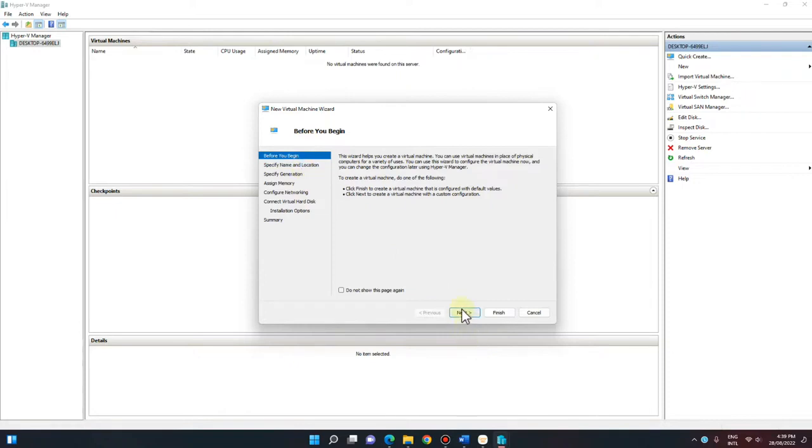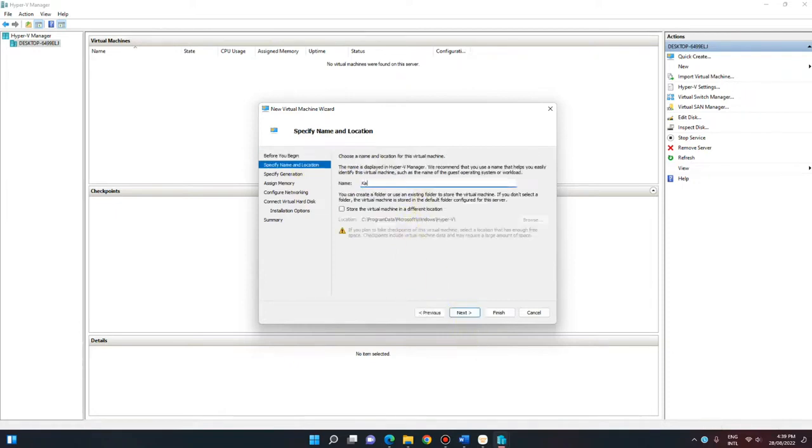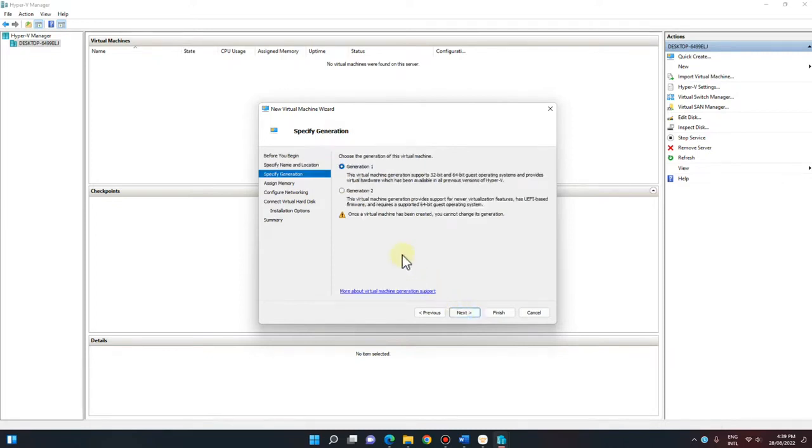Name your virtual machine. Store it in the default location. Select Next. Select Generation 2. Unless you are using an older version of an operating system that is not compatible with Generation 2, you should